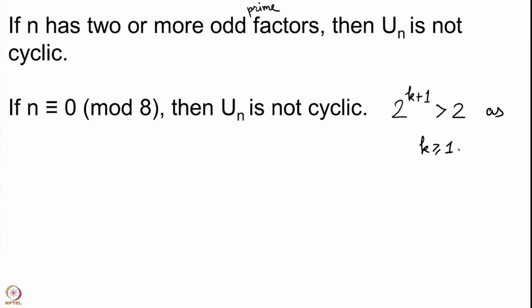So, this group is also not a cyclic group. Now the cases are as follows. You will have that 4 divides your number n, and then there can be one more odd factor. If there are 2 or more odd factors, then we will refer to the first statement and U_n cannot be cyclic. So, now we are going to deal with the cases where n is p^e, where p is odd, 2p^e where e is odd, p is odd, or 4p^e where p is odd. Those are the cases that we have to deal with.